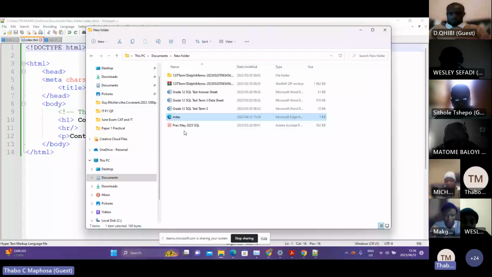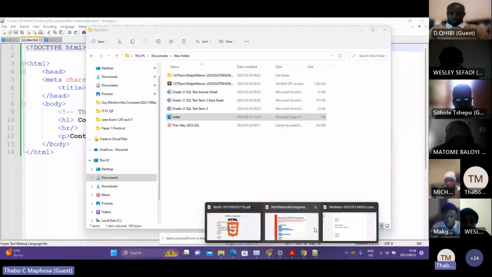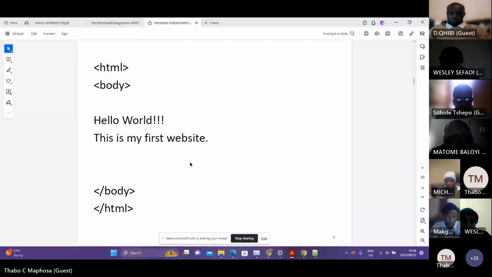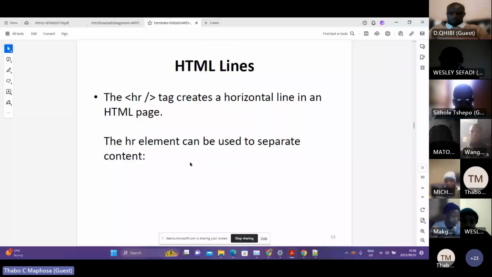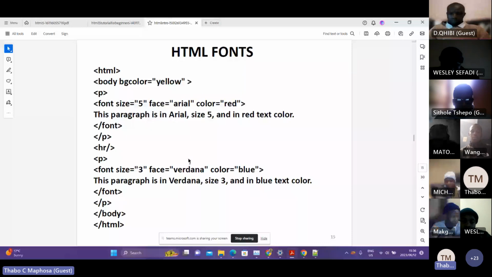Let's say I want to add this element there. Let's check. Do we have a tag for that? If you come here. We've looked at all this stuff there, horizontal line. Okay, these are fonts. Okay, I will do that.